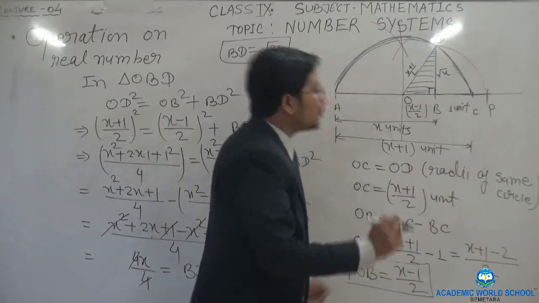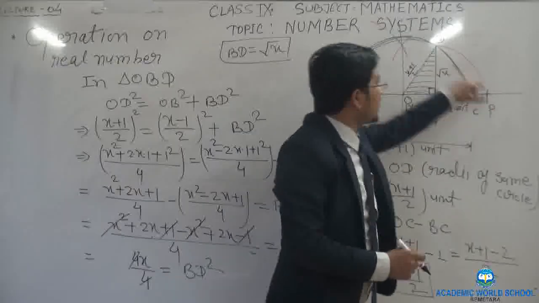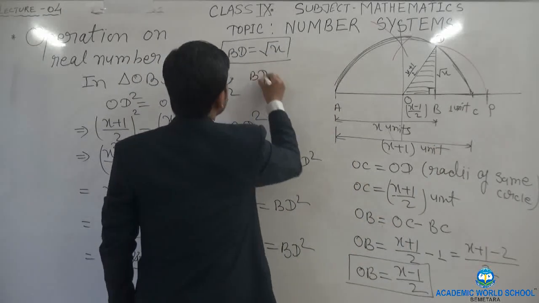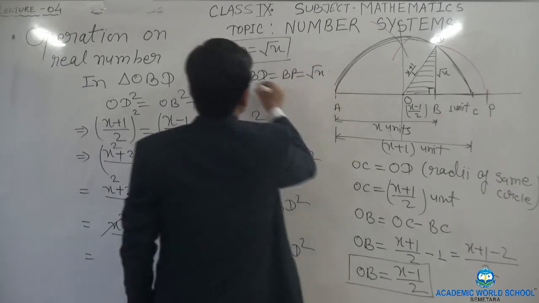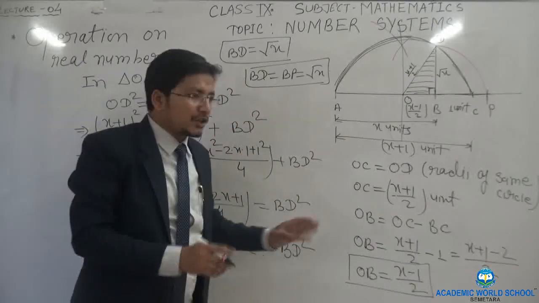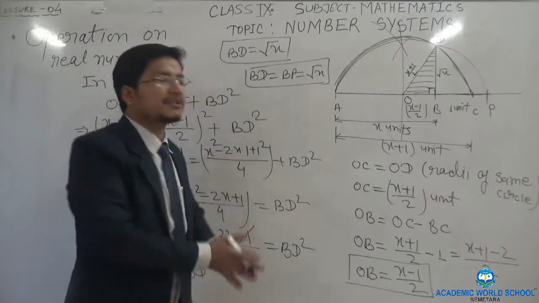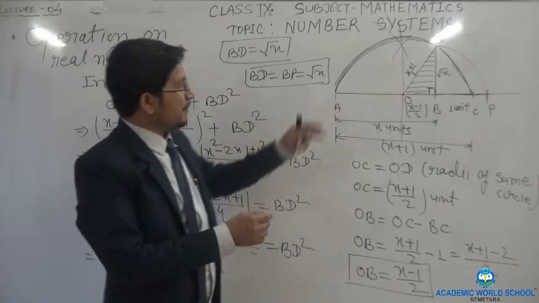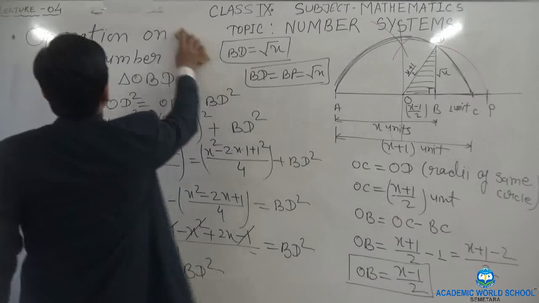So we are going to write now, take B as the center and BD as the radius, and draw an arc. So now this BP represents root x. So now BD is equal to BP is equal to root over x unit. So in this way we have to represent. Actually we have done the proof. The steps are very easy. Simply we are going to follow 2-3 steps, and you will be getting the diagram, or you will be getting the answer. Okay. So now one example I am going to take.